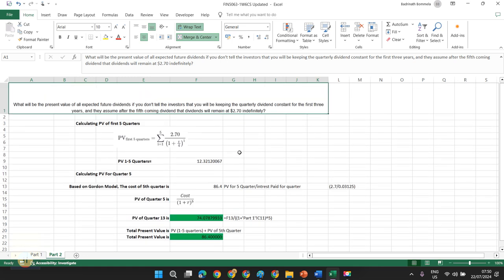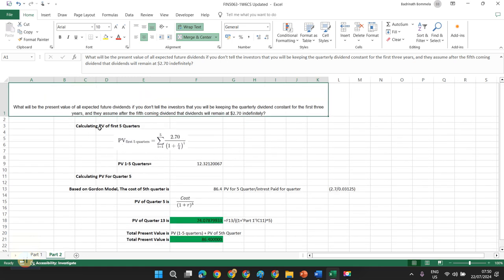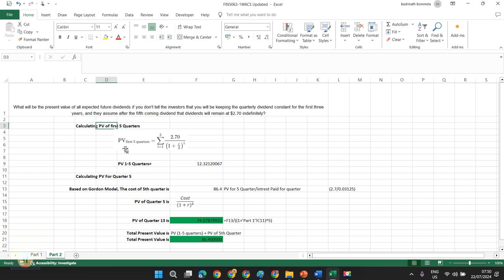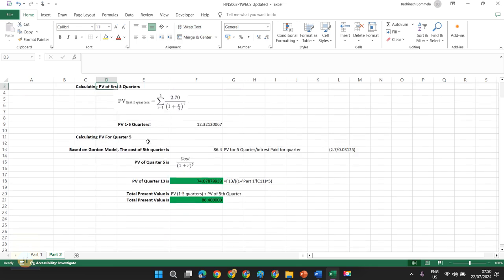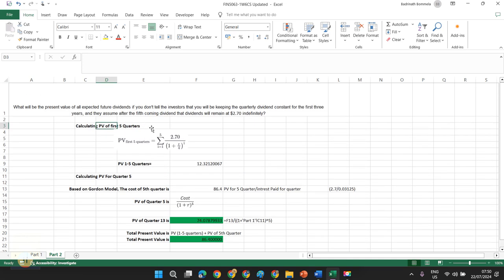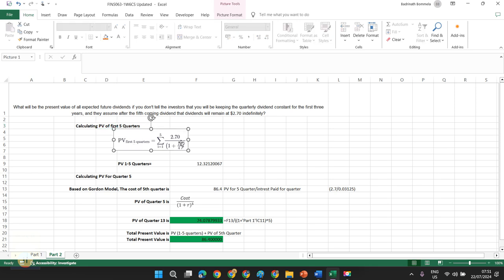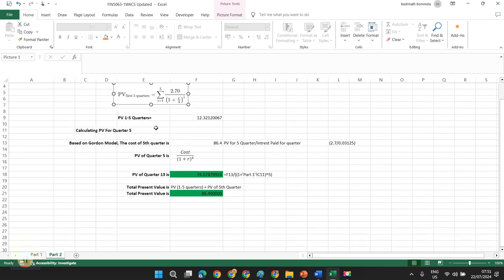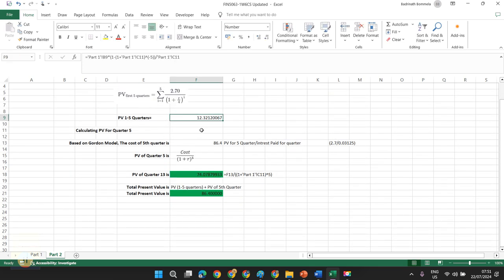So we are supposed to calculate the PV value for the first 5 quarters. Then we calculate the PV value of the fifth quarter. We add them up and calculate the total present value. So it is the same format that we used in the last question. We are calculating the PV of 5 quarters. The formula is this one, 1 to 5 and 2.70 divided by something. When we implement all the values, you get the PV for 1 to 5 quarters as